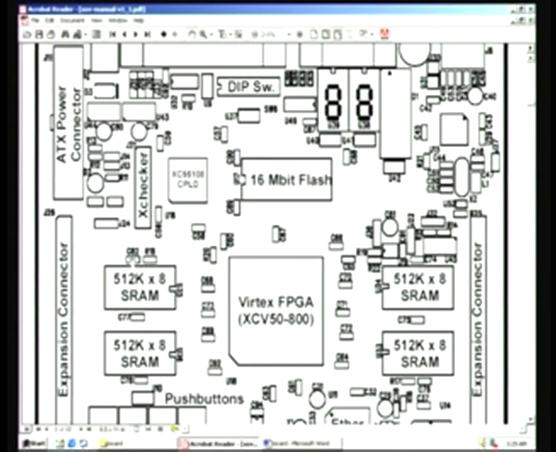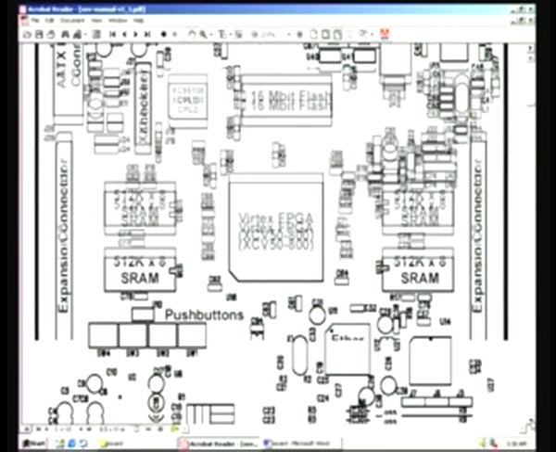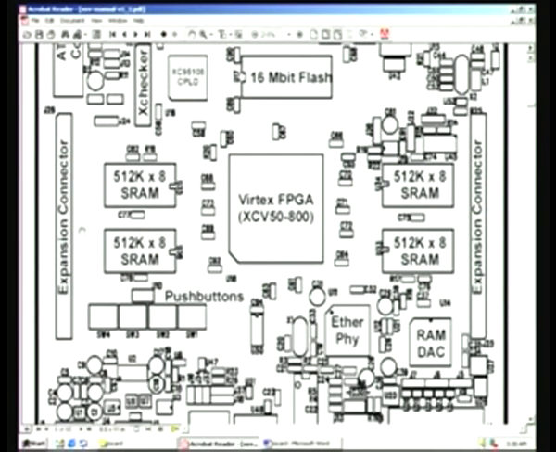And like this, we have two sets here. So in totality, you get 2 million bytes of RAM storage, and you have further this expansion connector. And basically, suppose you are not satisfied with the storage available on this 2 million bytes, you can expand it by using this expansion connector, and while expanding you may have to disable this RAM if you want to put much more storage,